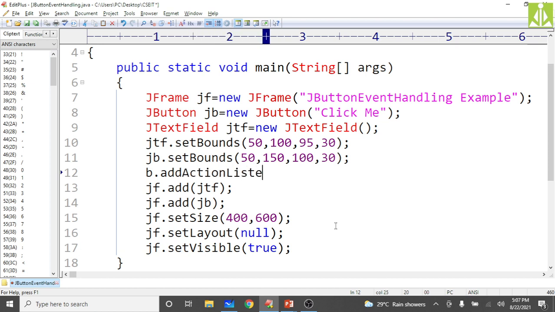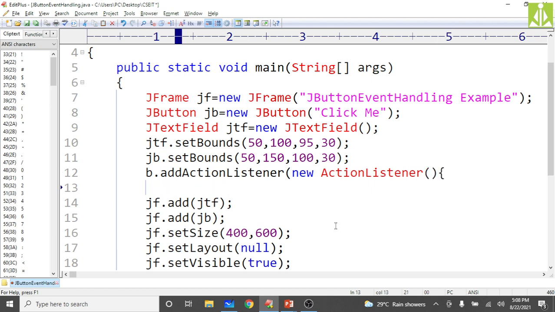Add action listener, and open the method parameter, and in that we need to create the class ActionListener. We are invoking the constructor of ActionListener.